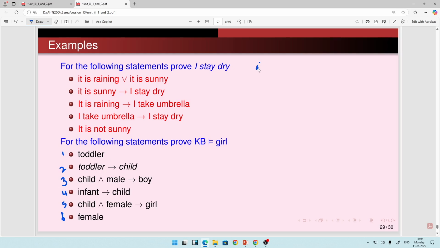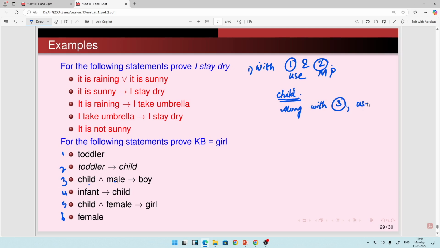With 1 and 2, use modus ponens, and we get child. With the result of this, child, along with line number 3, which is child and male implies boy,